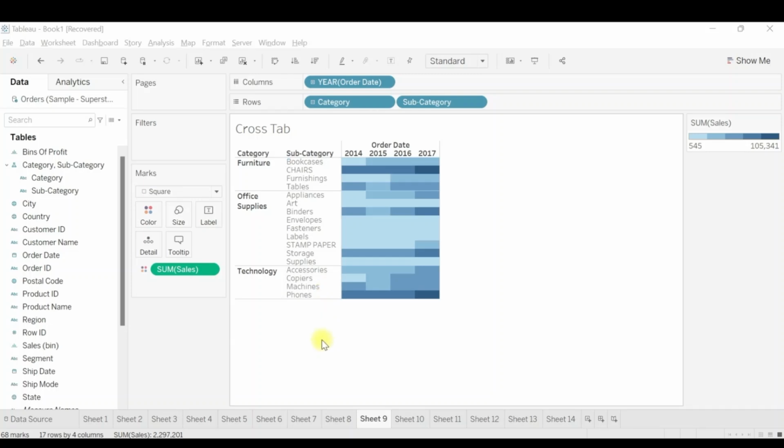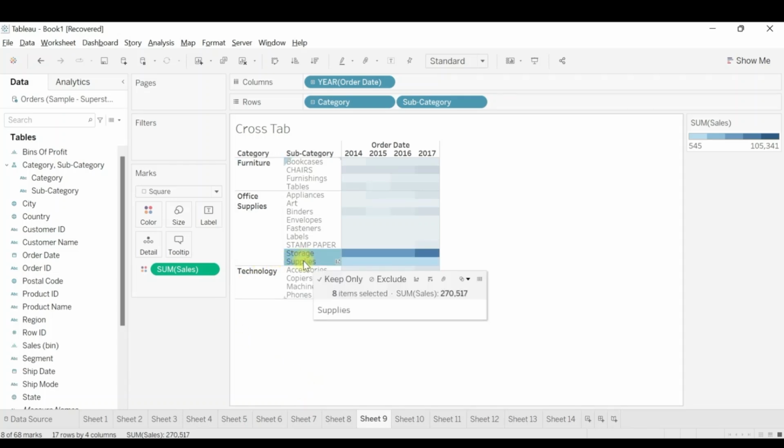This requirement can be solved by creating the groups for these two rows of the data set. Let's see how to create it. The very first way is, on the visual itself, we can select storage, press shift on your keyboard and then press supplies. After you press shift and select supplies or the second value or the third value to which you want to create a group, you will see both of the rows are selected and the other data set is deselected.